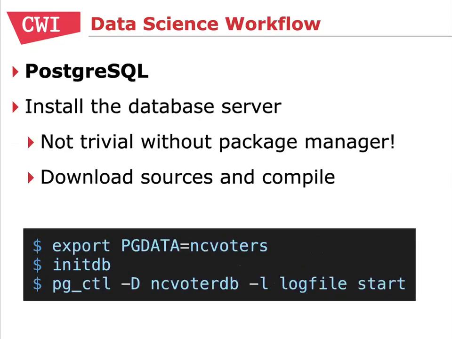But let's now do it with a database server. It's with Postgres, which is one of the most popular open source database systems used. First, what we have to do is install the database server. And of course, it's all run on our cluster where we don't have root. So that makes it even more fun, because it's not actually so trivial to install these things without a package manager. We have to download the sources and compile them. Fine, I skipped those steps here. If you have a package manager, it's easier.